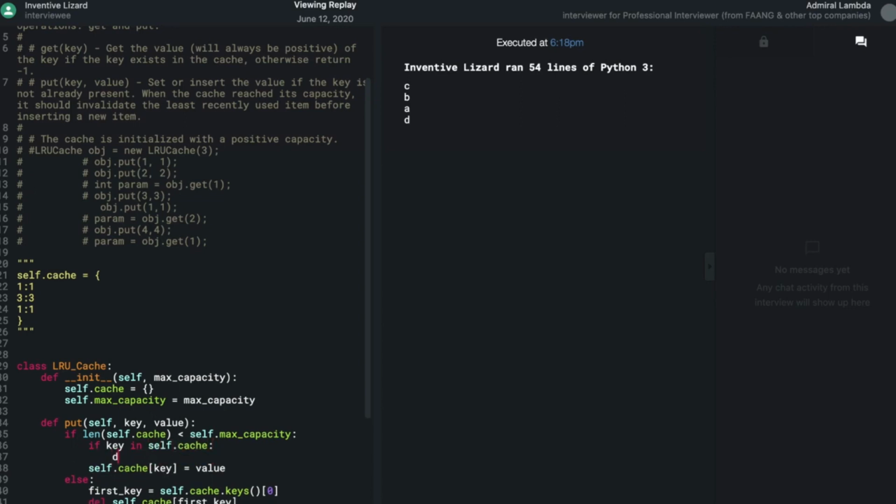Read self.cache at key, and then you can add it to the cache. Right. And that is for the case when it is within the capacity. Right. And if it hits the capacity, in that case, you still retrieve the first